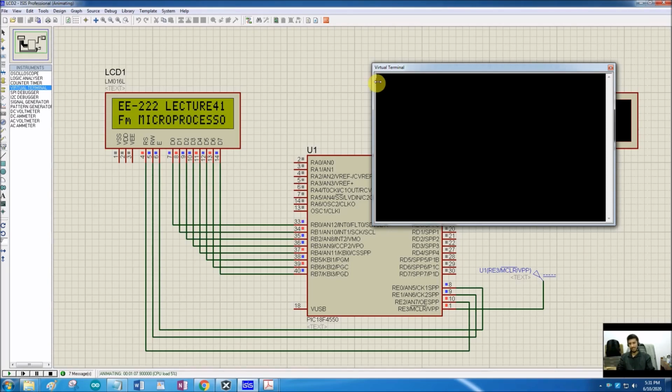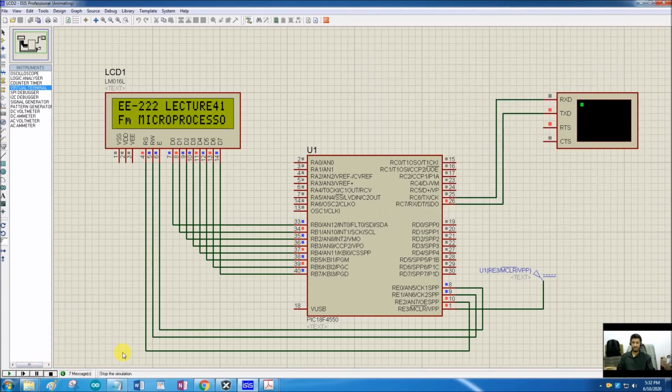So this is it. I think you can receive or transmit data using the built-in serial peripheral of the microcontroller, and you can select different baud rates to send or receive the data, and you can display any information or any messages or characters on this LCD. So our peripheral interfacing, external and internal, both is completed, and our portion for PIC microcontrollers is completed in this lecture.